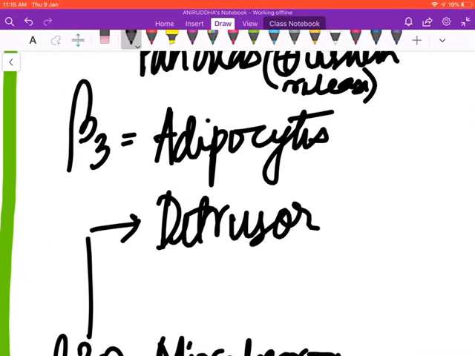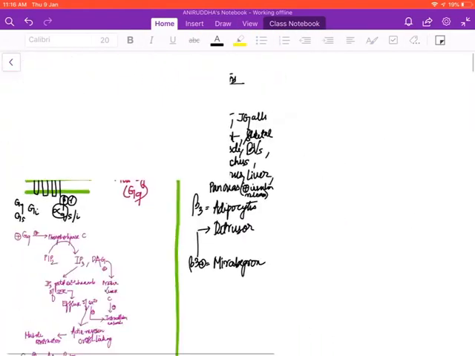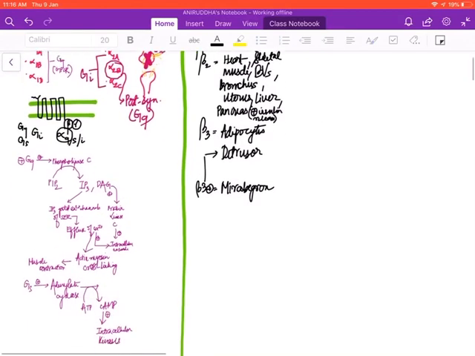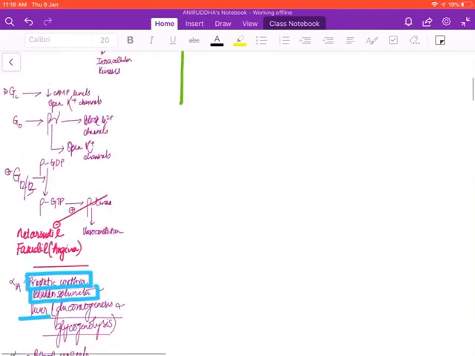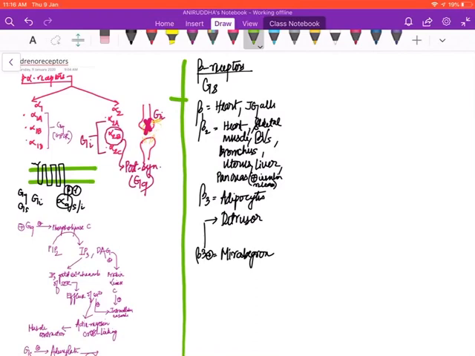The beta receptors, the beta blockers, which I will be discussing later, are, in my opinion, the most important group of drugs we'll study in the autonomic nervous system. There are a lot of drugs with varying function, and you have to remember all of that. Initially it will be difficult, but soon you'll get used to it. And finally,